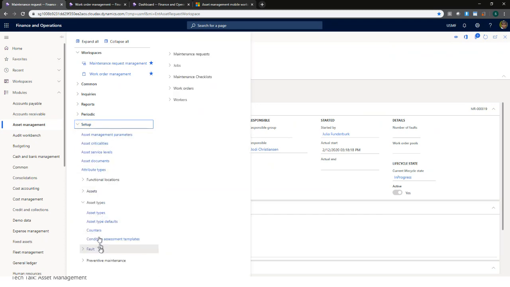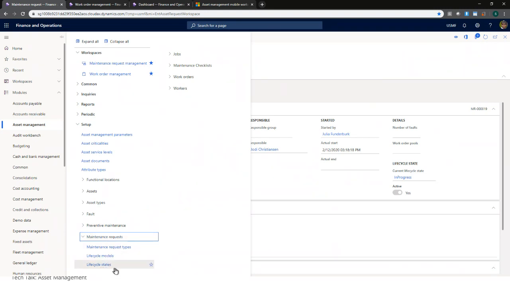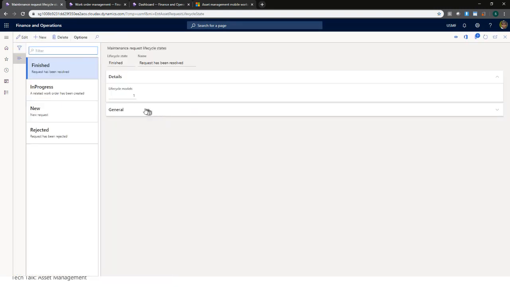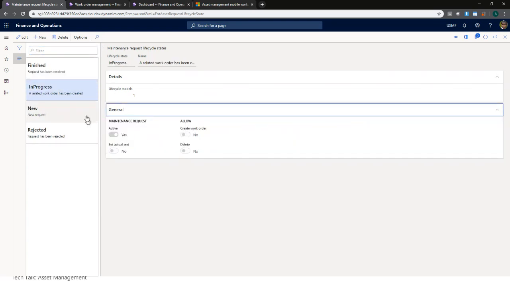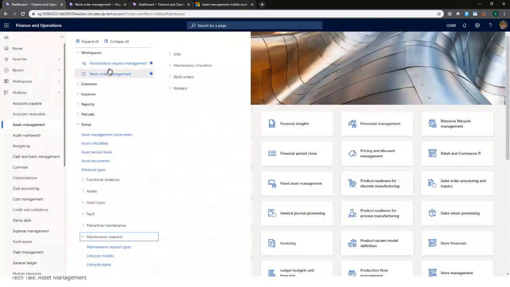So let me open maintenance request lifecycle states. And if I come into lifecycle state, right now it's in progress. And if I go to the general tab, you see here it has the allow creation of work order disabled. So I can go in and set that to yes. So this is all very configurable, and you can define at what state what activities are allowed and what activities are not allowed. So now that I'm going to allow creation of work order, if I go back to my